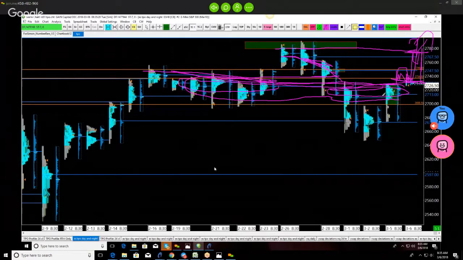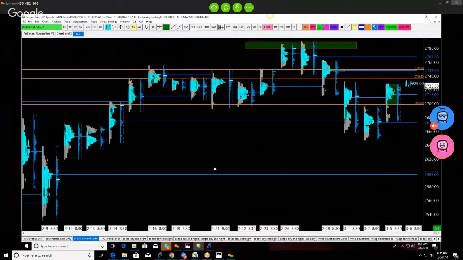What do we not want to see? First thing, if you're bullish, you don't want to see underneath the 2698, 2700 area, right? And number two, you don't want to get underneath this swing low at this point. You want this swing low to be set, right? Additionally, what's the other sign of strength?